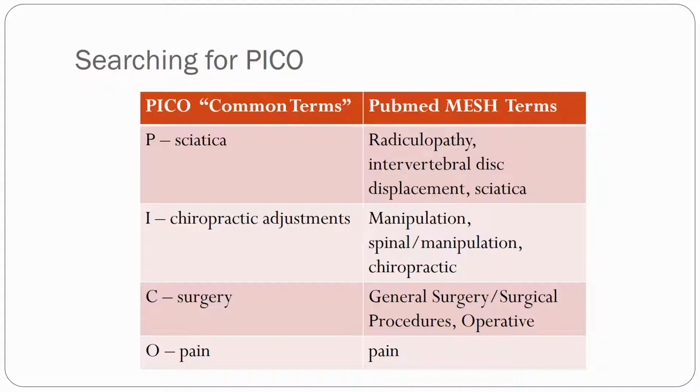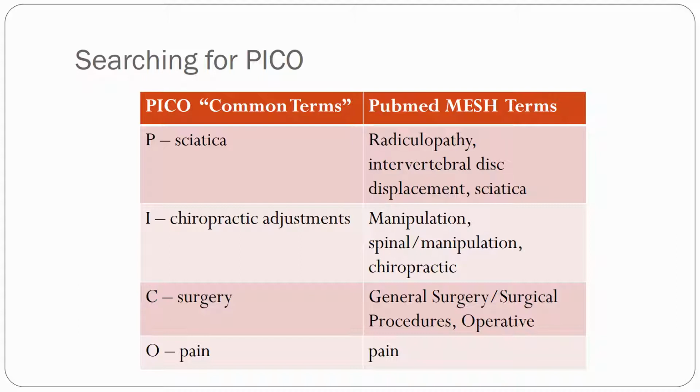The C, the comparison intervention you might want to compare chiropractic adjustments for sciatica with might be surgery, and then the outcome could be pain. But the outcomes could certainly be any number of things. They could be range of motion, could be quality of life, etc. And so we can go through and